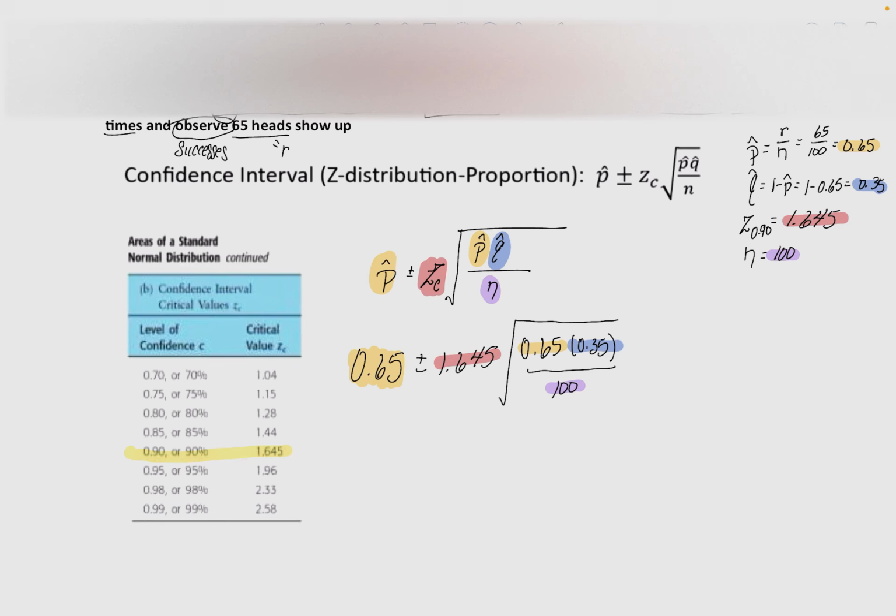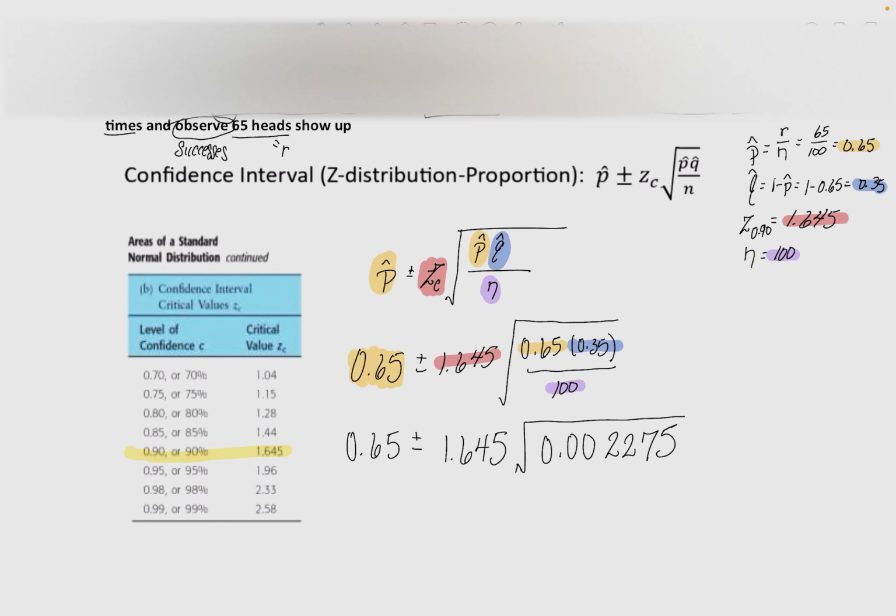If I divide that number by 100, I end up with something that looks like this. So I'm just going to rewrite everything: 0.002275. Okay, so that number in the square root is the value of the fraction. I'm going to take the square root of that number,